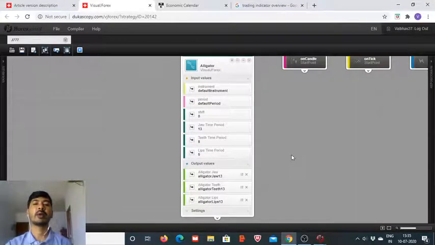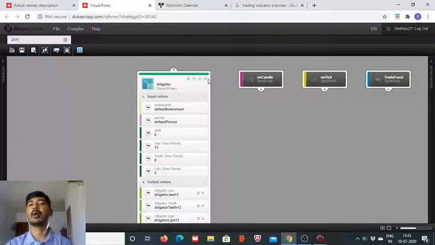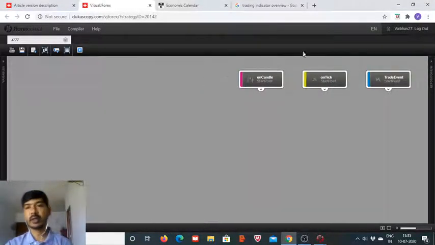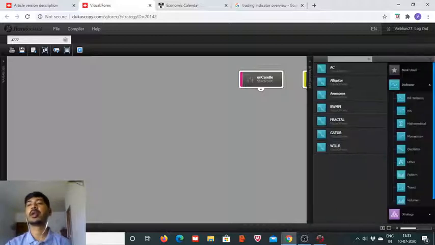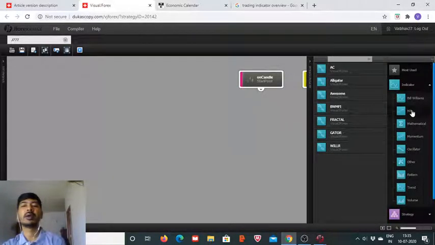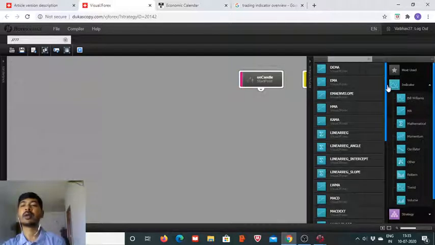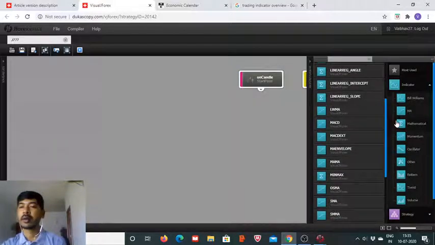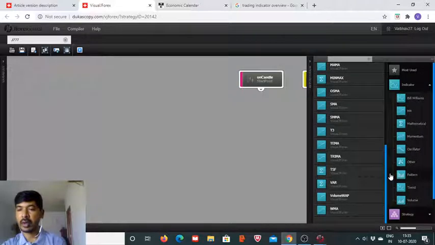So these are part of the Bill Williams family of indicators. In coming sessions, we will consider these indicators one by one. But in today's session, as I said, we are not really going into the details. So all we want to do is stick with the brief overview and